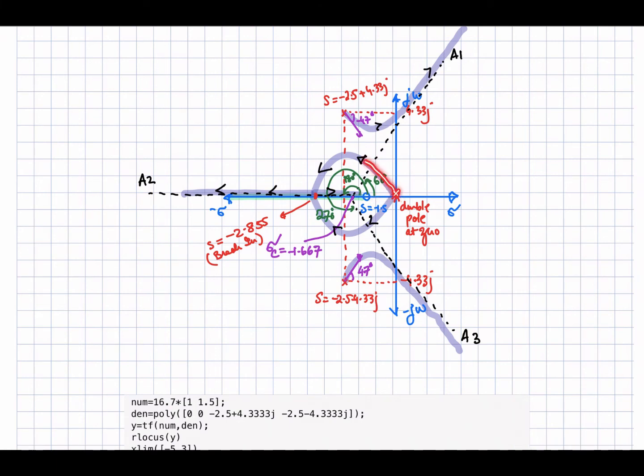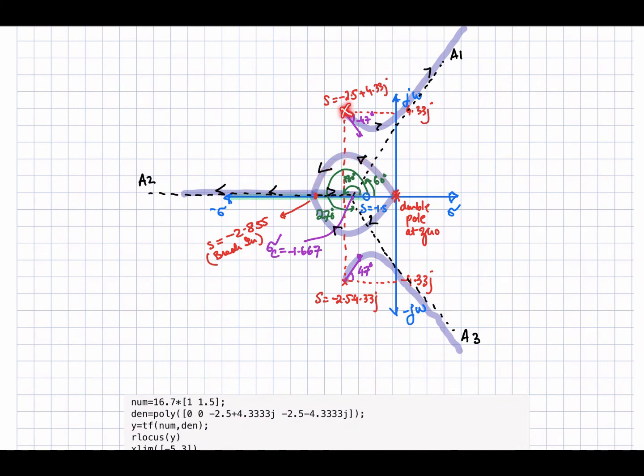One pole will be taking this path, coming towards the real axis over here, and this pole is coming from this one, and this is equal to minus 2.855. We have evaluated this as a break-in point in our calculations. So these two poles will enter into the real axis from this one, that's why I'm going to call it the break-in. Okay, and one pole will move toward this 0, and the other pole will move towards the infinity, because its 0 is at infinity, right? And this 0 is finite, so one pole will move toward this 0 with the increase of the gain k.